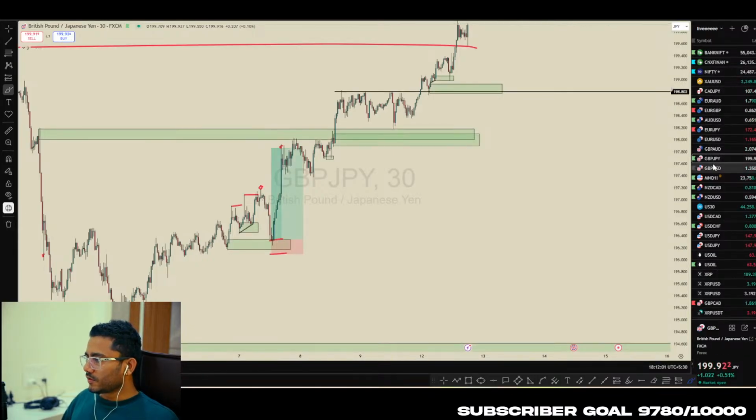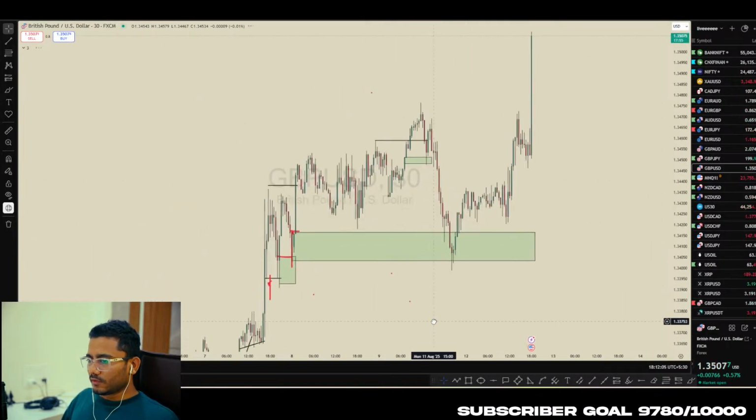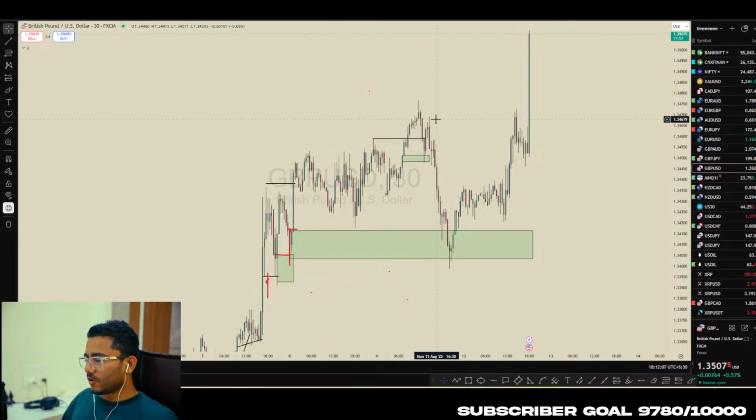On GU yesterday, I was saying the same thing. Like here in this case, we have this order block, and we didn't have any kind of structure in this. So we have this high, and in this whole move, there is not even a single structure like any strong high, like 1 minute, 2 minute, nothing.